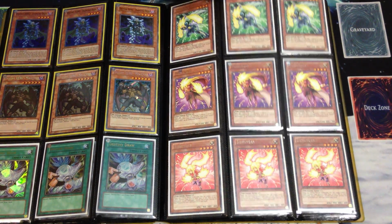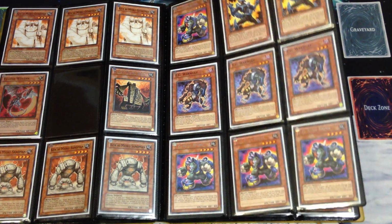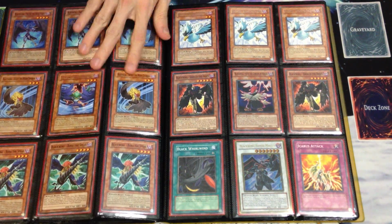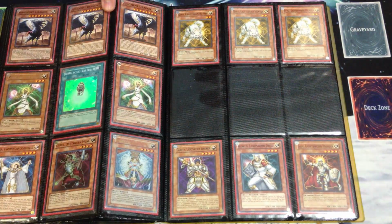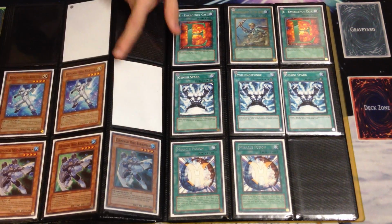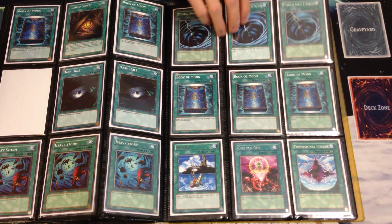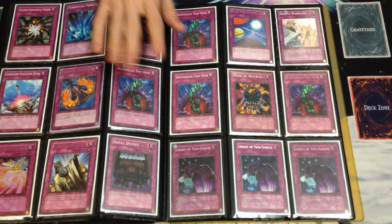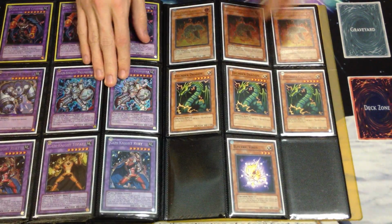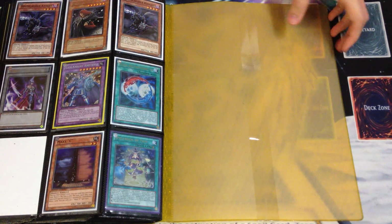Destiny Hero engine and Hunter engine, part of a Rockstun engine and whole TG engine, most of the Dark World engine, a whole Blackwing deck, and if you want high rarity stuff, it was all in the other binder, a whole Lightsworn deck minus recharges, a hero deck. I can supply Stratos and another alias, staples if you want staples. More trap staples if you want staples, a samurai deck, a whole gem knight deck, more gem knights, and that